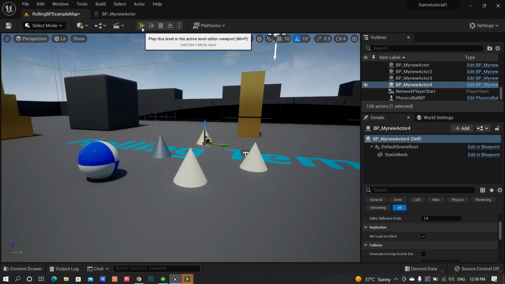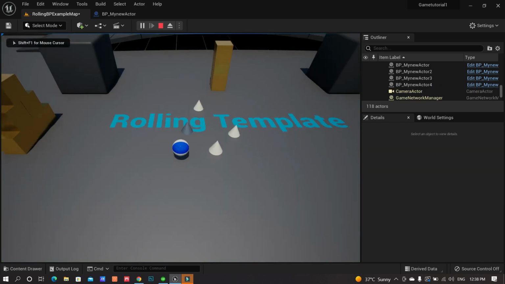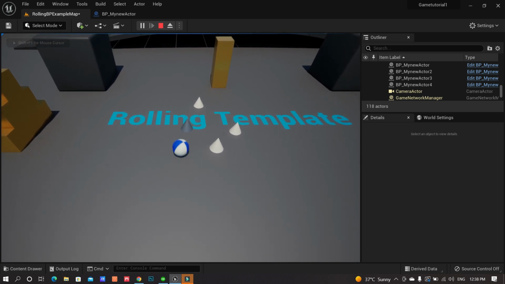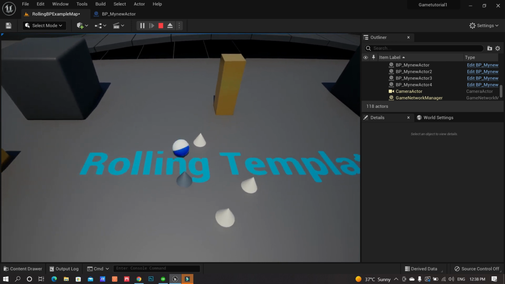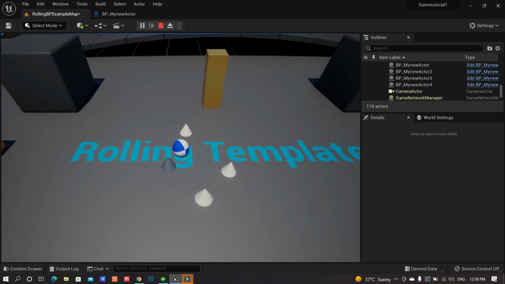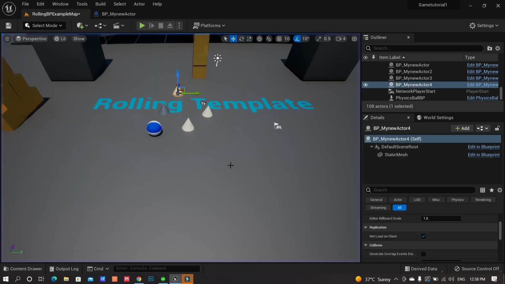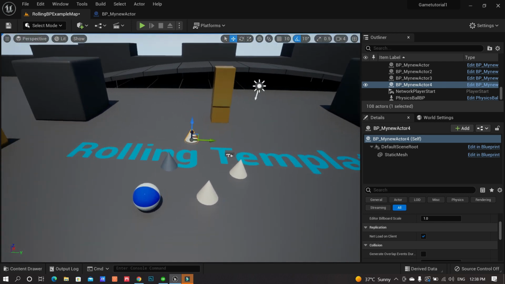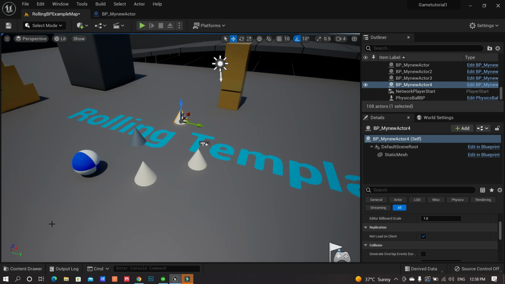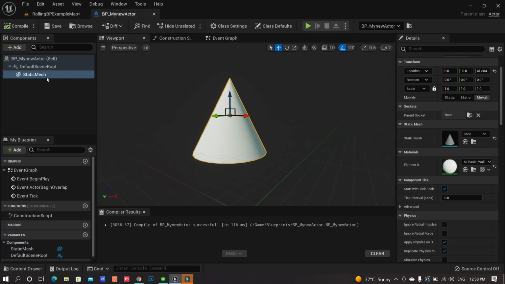So if we just play our game here, and we'll try to see if it runs, you will see here that we have our instances and everything is added in this case. I'm just closing out. So this actually shows how we can create a very simple actor, and once the simple actor is created, there is more to it, and this is just a starting point. But we will cover the next part, in which we will explain what the default scene root is for this particular area.